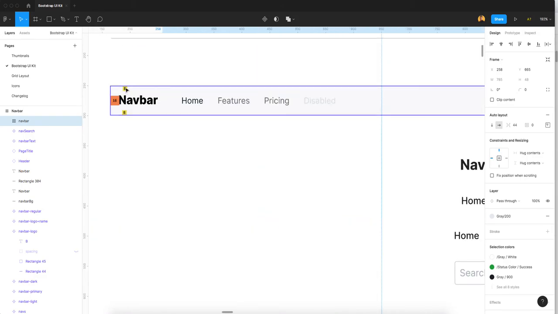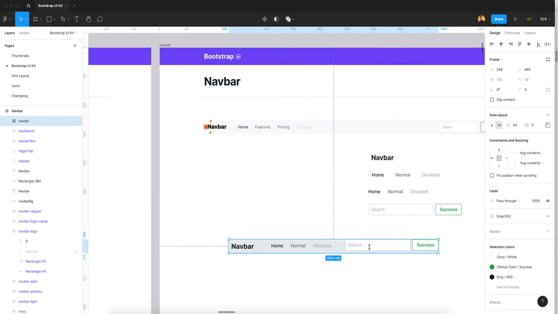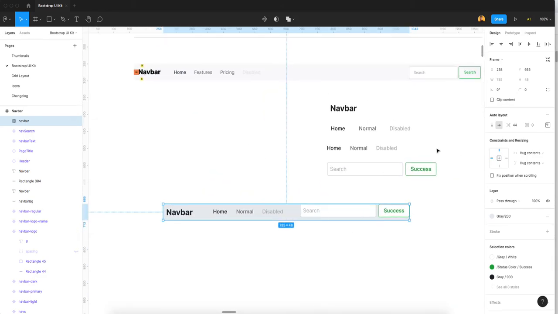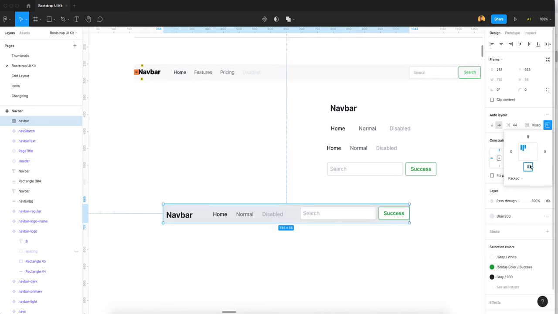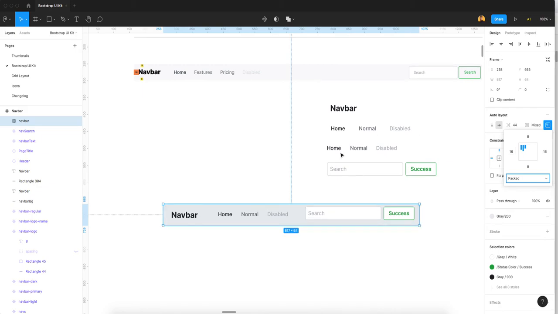You will see 8 pixels top and bottom and 16 pixels left and right. In auto layout you give the padding here. These are the 4 sides of padding for your component. First we give 8 pixels from top, 8 pixels from bottom, and again 16 pixels from right and 16 pixels from left.